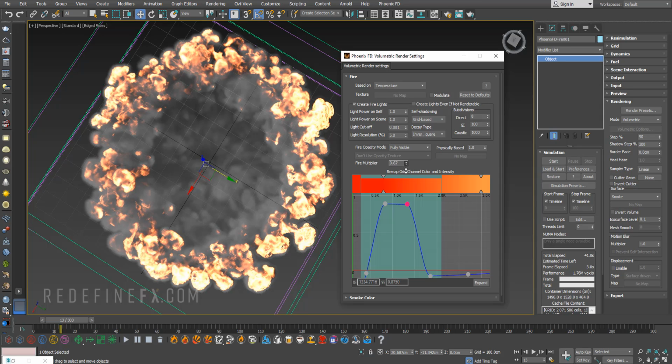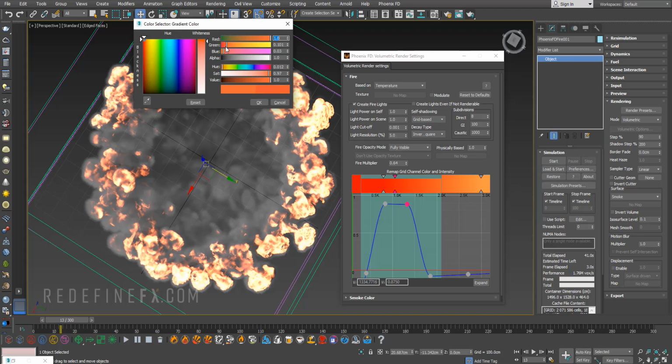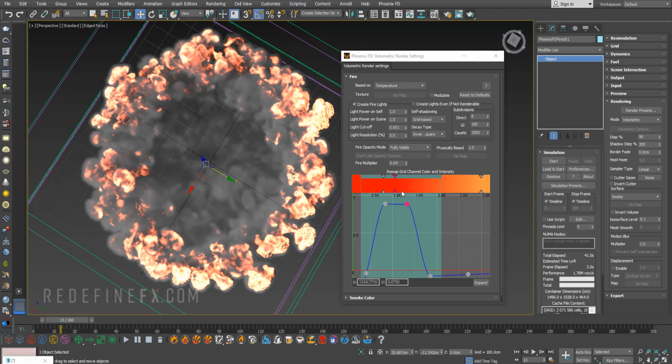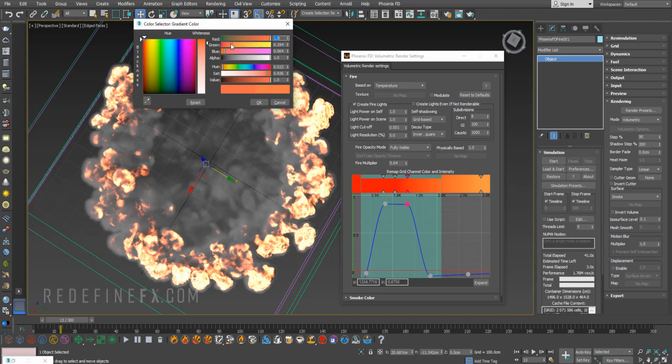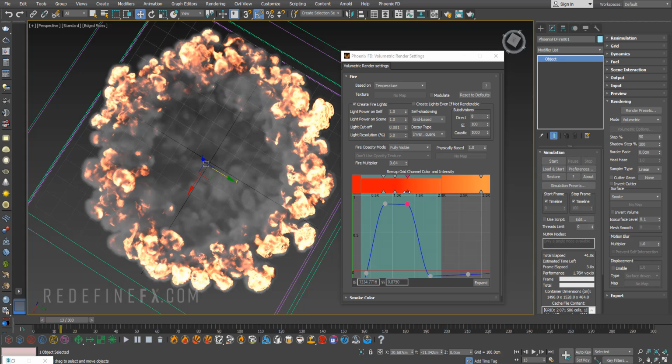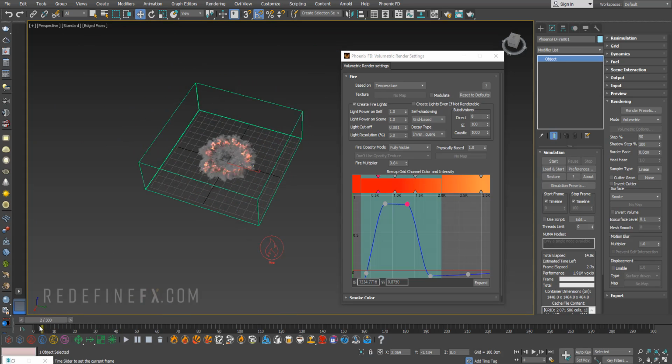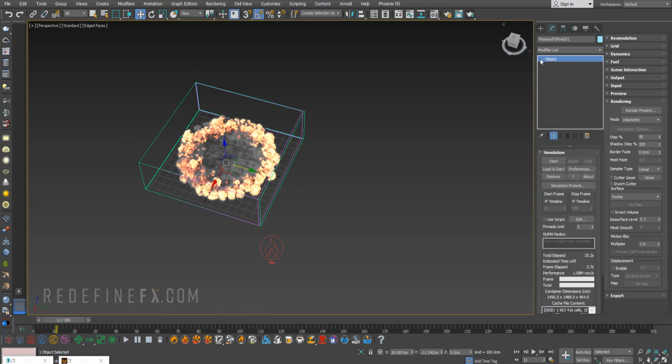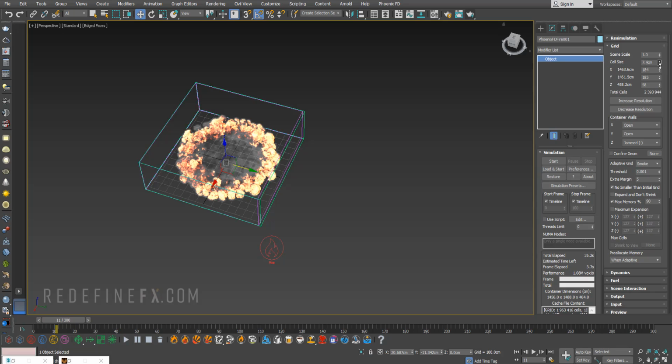But maybe I would just lower the fire multiplier a little bit, and then I would maybe introduce again a bit more of that orangey fire color to the fire, so maybe something like this. And as soon as you're happy with it, you can just go back under the grid and raise the resolution. So I would do maybe something like